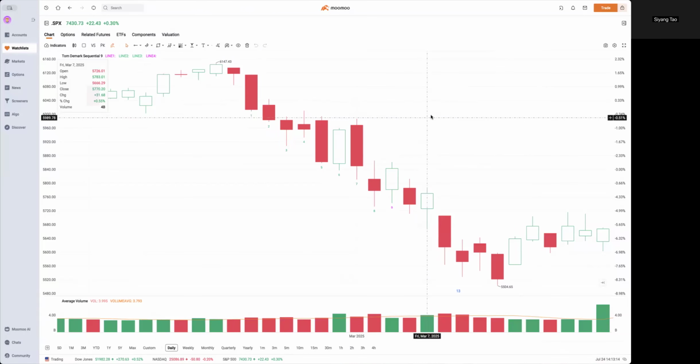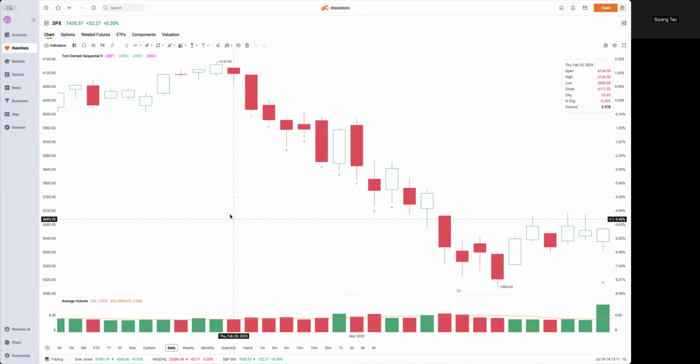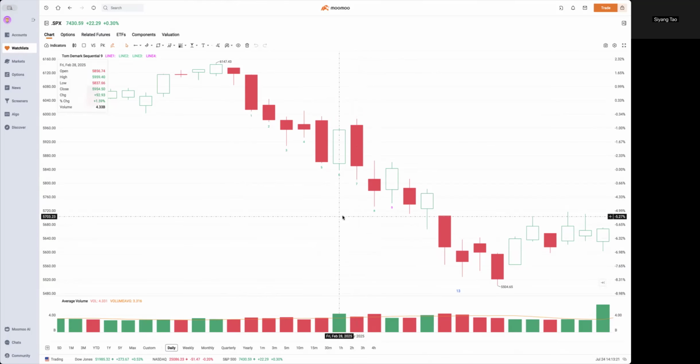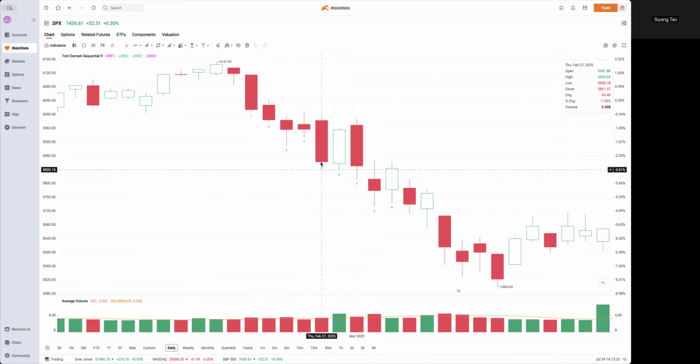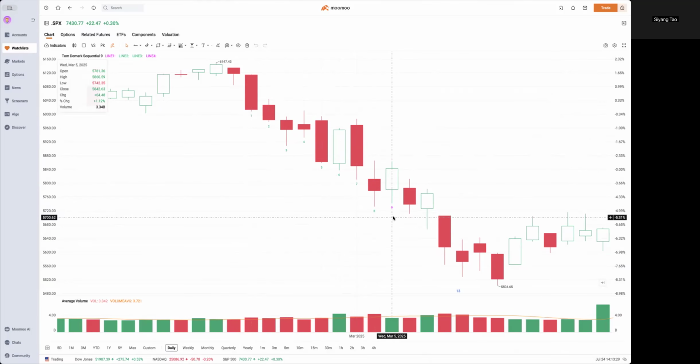Okay, so let's look at the daily K-line for the S&P 500 in March 2025 to see this macro exhaustion play out. So here, we see that following an initial Setup 9 printed in magenta, the algorithm begins the non-consecutive countdown